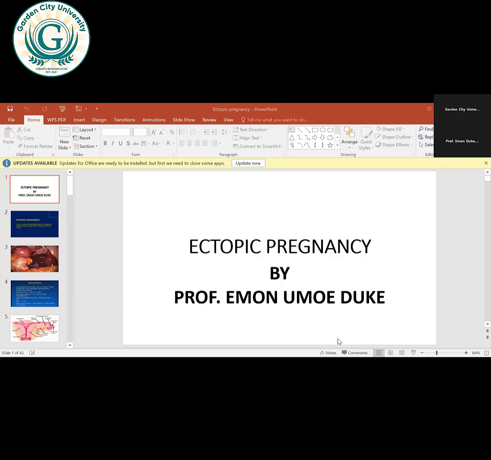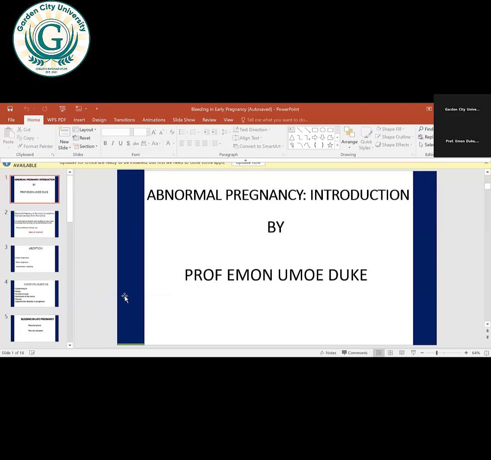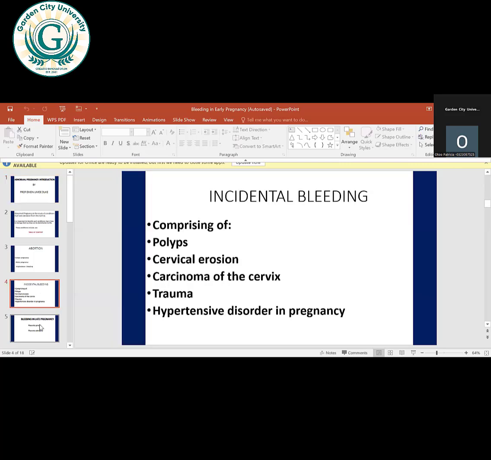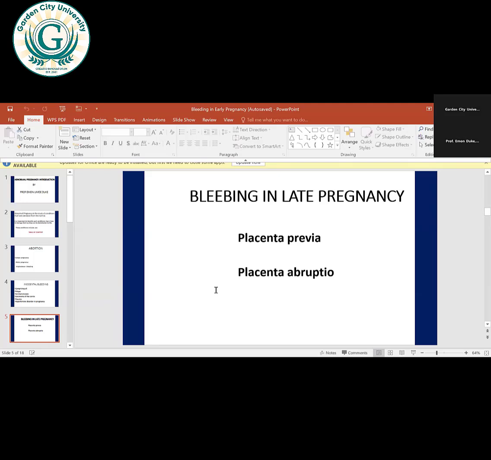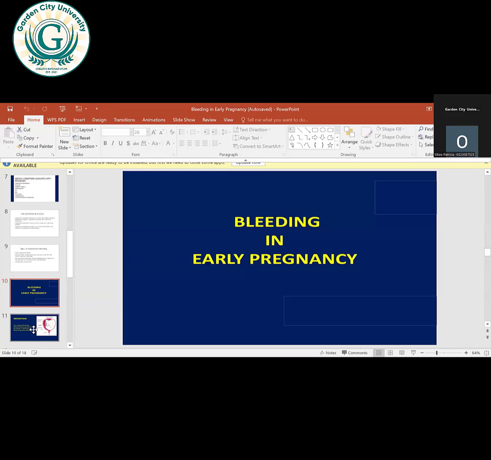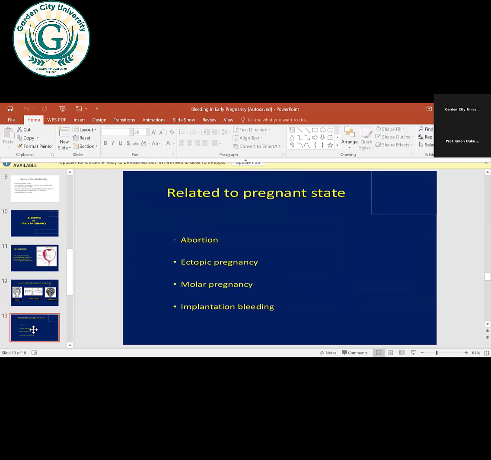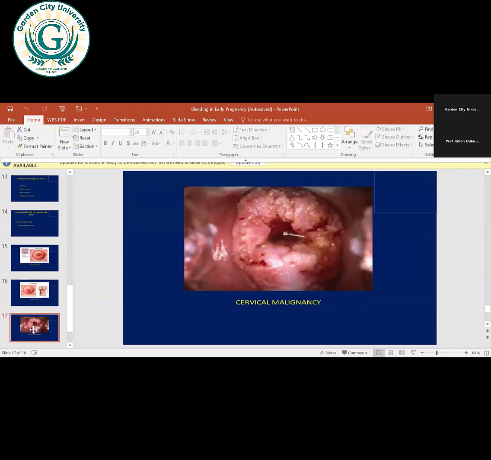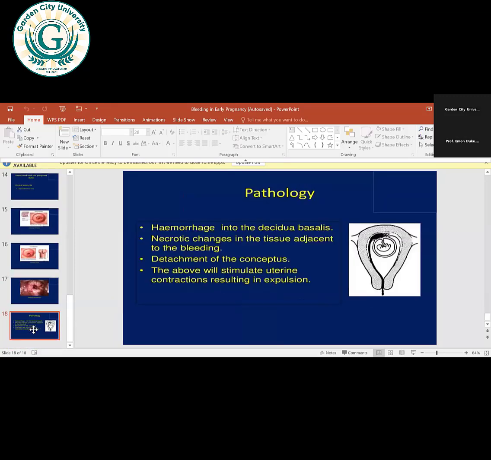We go back to that. When a cause is related, that cause is coming because of the pregnancy. For instance, we talked about this, this is the right place to understand. Whether it is ectopic, when it is an abortion,